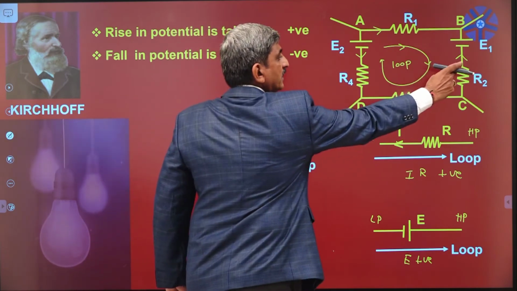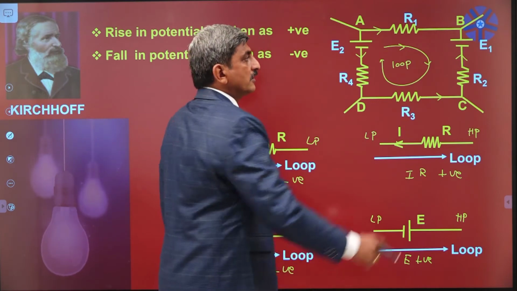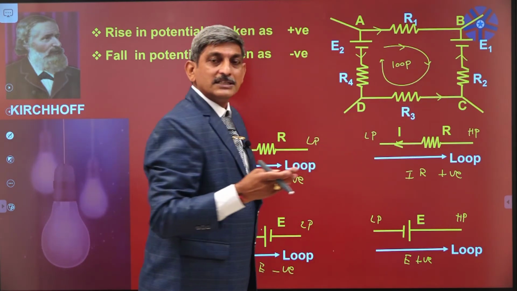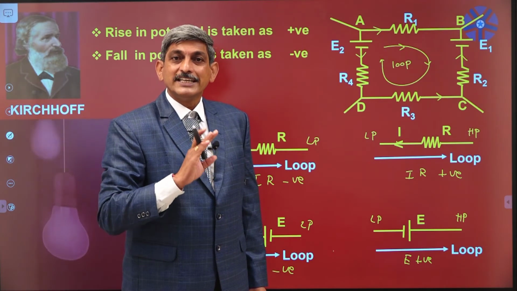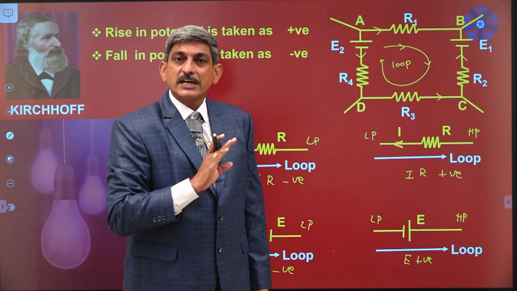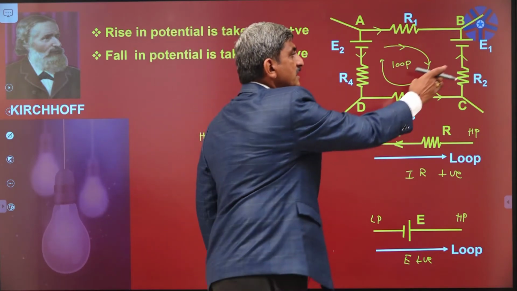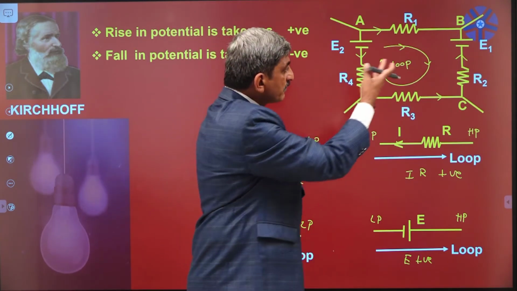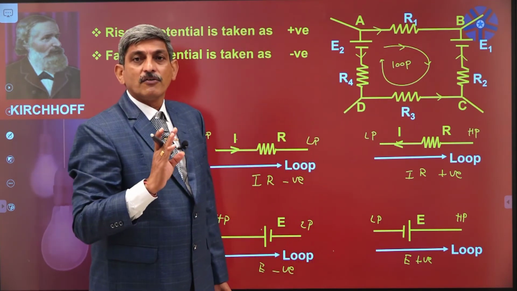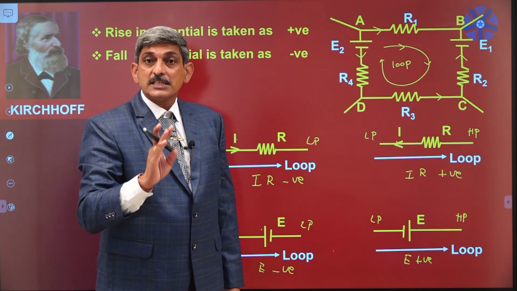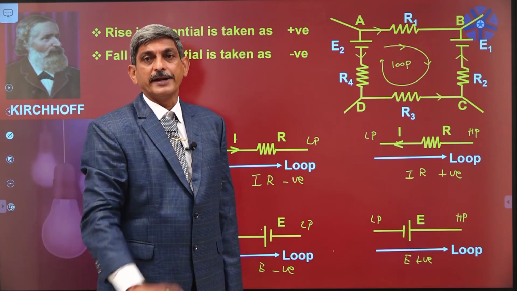See, in this branch BC, current is passing. So, sir, does the direction of the current have any importance? No, remember, in case of the cells, the direction of the current is not to be considered. Why? Because this is the current assumed by us. That may be the direction of the current, or the reverse may be the direction of the current. That's why while seeing the batteries, just consider only the loop direction but not the direction of the current in the battery.